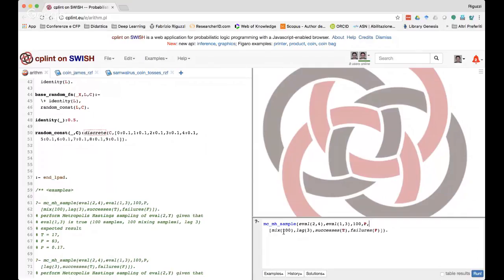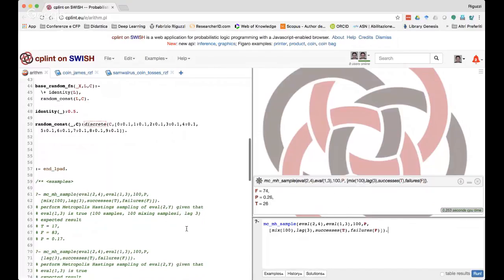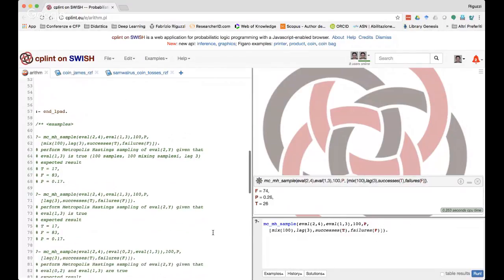P is the probability, and the list of options includes a mixing time of 100. So the first 100 samples are discarded, a lag of 3, and the variables for collecting the number of successes and failures. So by executing, we see that the probability is 0.26, and we got 26 successes and 74 failures, and in fact 0.26 is 26 over 100. You can also ask the same